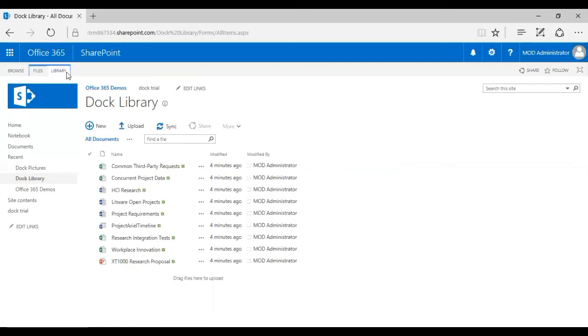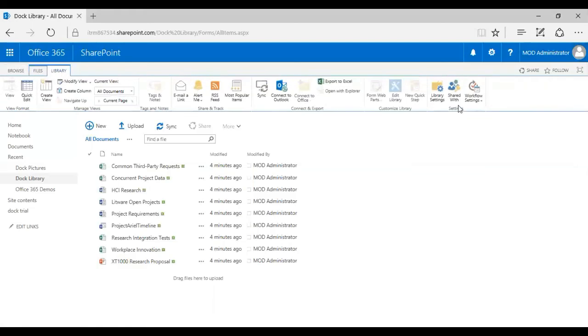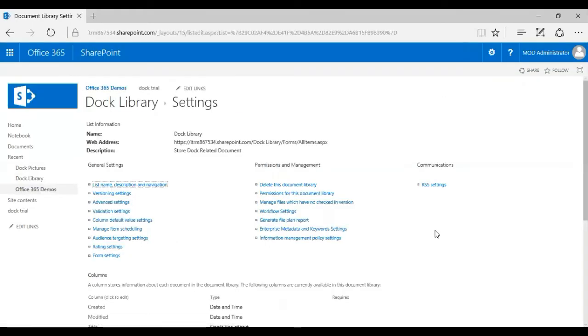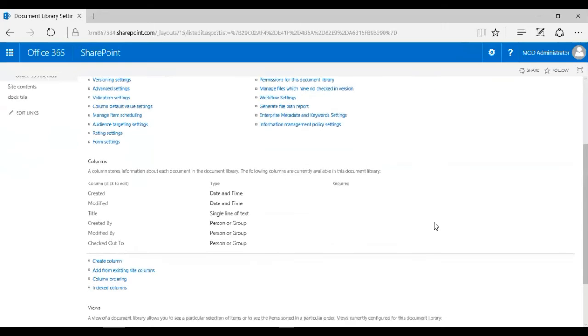So what I do is I click on library. I go to library settings. As I scroll downwards, I see a columns tab. Now here, these are the fields that are available. I'm going to go ahead and create a column. So click on create column